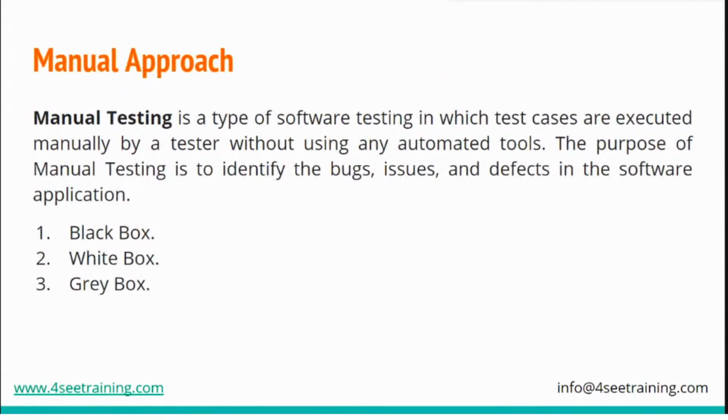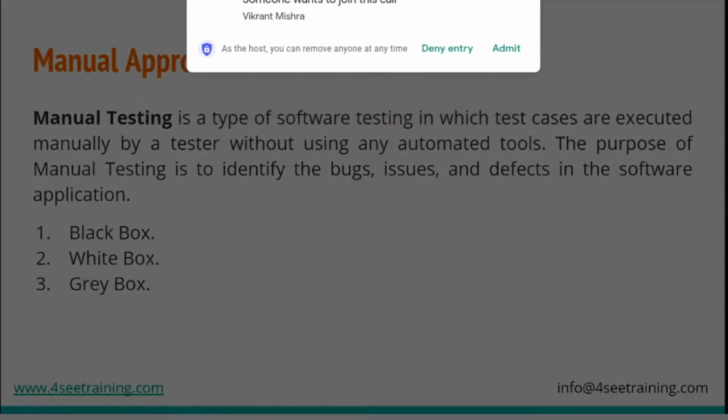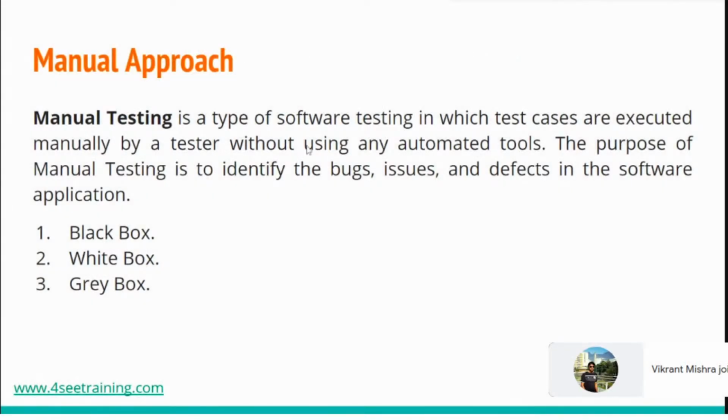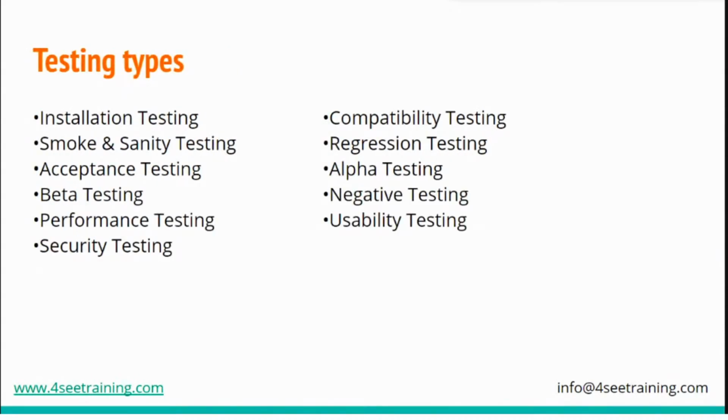Then we discussed manual testing, the difference between manual and automation, and then the approaches of manual testing: black box, white box, gray box. We discussed the detailed differences between all three. Afterward we discussed different types of testing methods and testing terminologies. Basically all these are testing types, a kind of testing approaches in themselves.